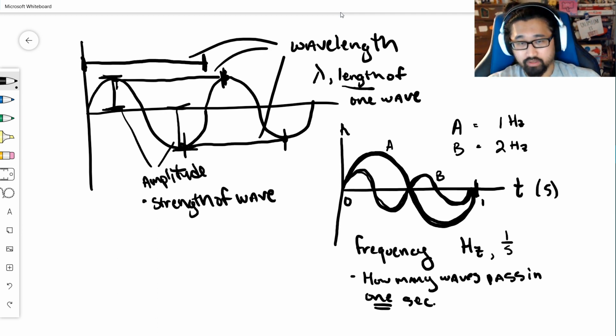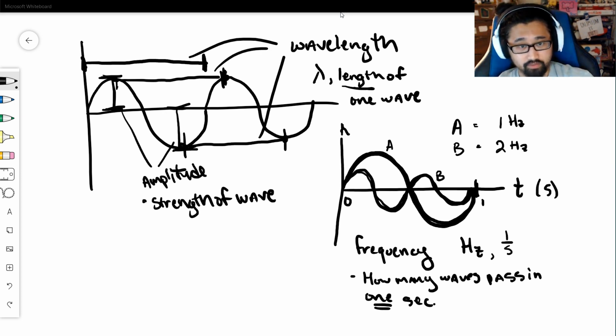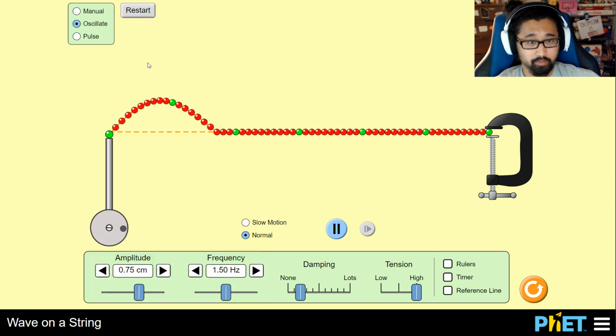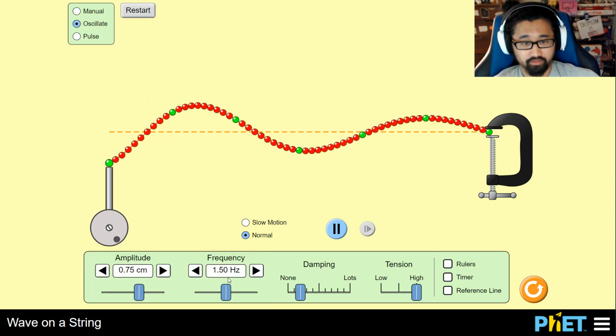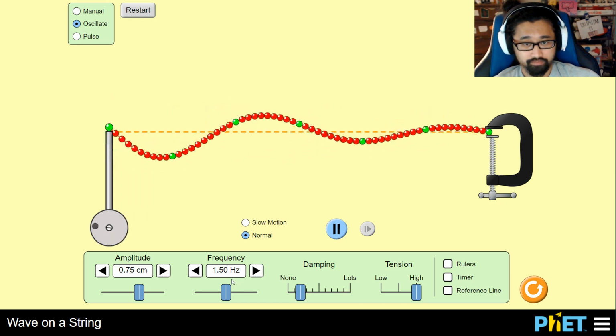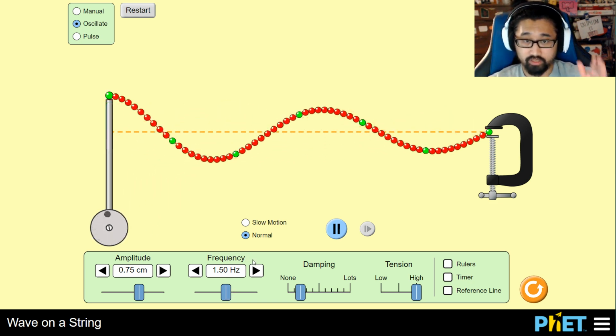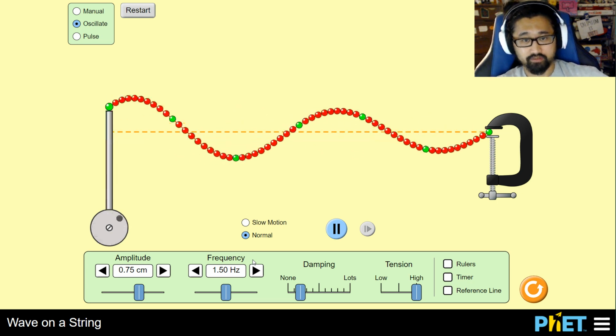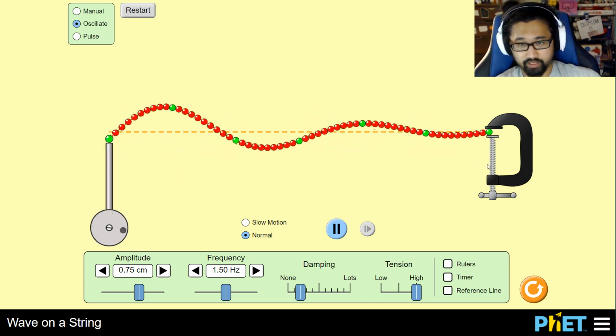I want you to notice something about a potential relationship between the wavelength and the frequency. This is something that I can do back over here. I'm going to put the oscillate back on. So here the frequency is 1.5 hertz. I want you to look at how many waves there are. What's true about the wavelength? Well, the wavelength is about, well, here is